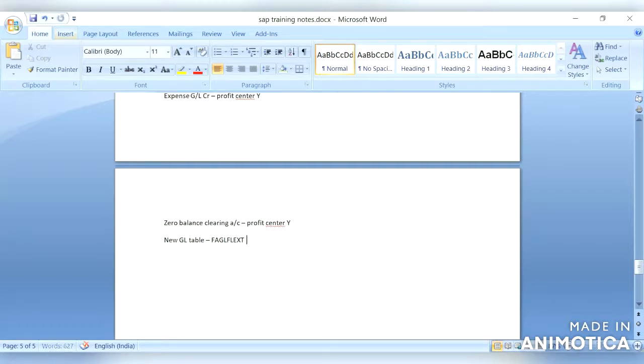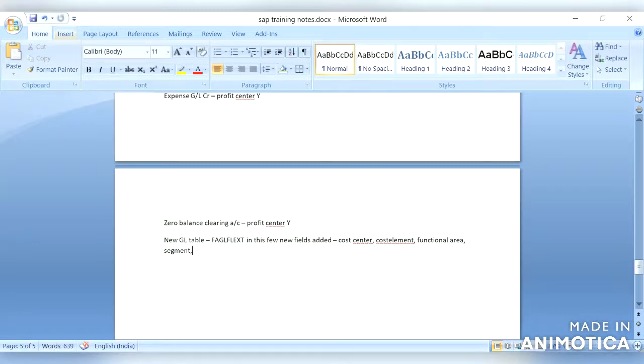In this, a few new fields were added: cost center, cost element, functional area, segment, and profit center.